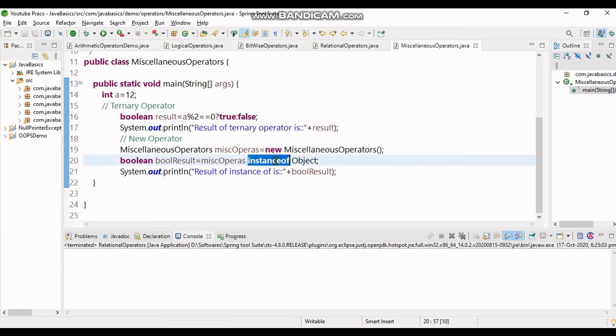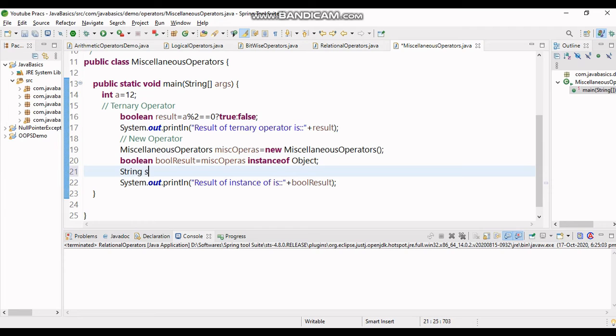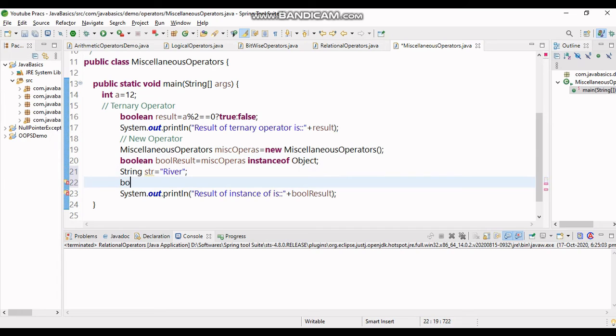This is important. Instanceof is usually used to test whether a particular class instance belongs to the given type. Object is the superclass of all classes, so instanceof Object will always evaluate to true. Suppose I take a string variable, String str equal to, say, river, and I use the same condition.